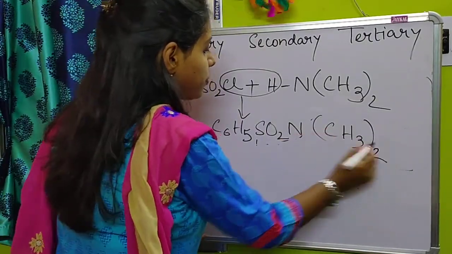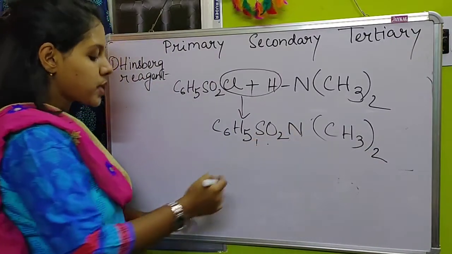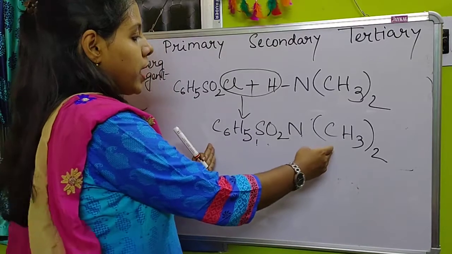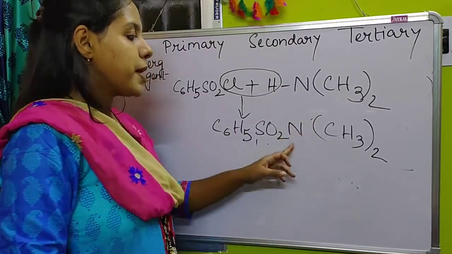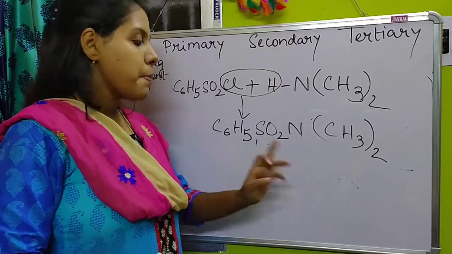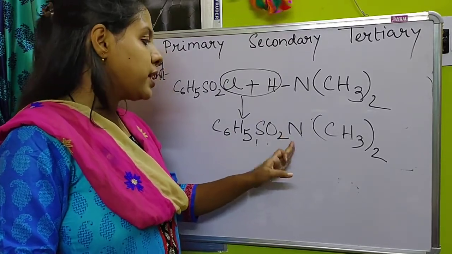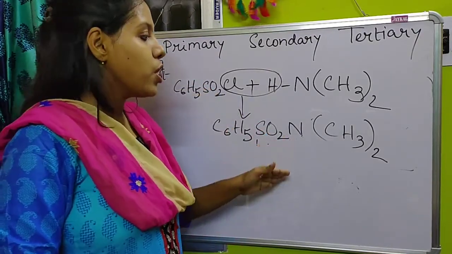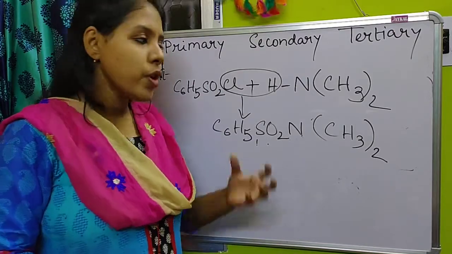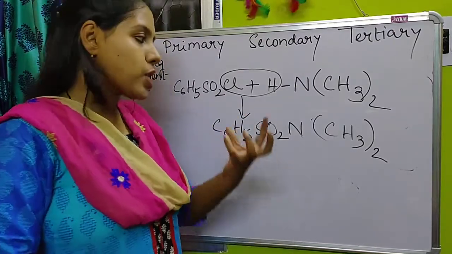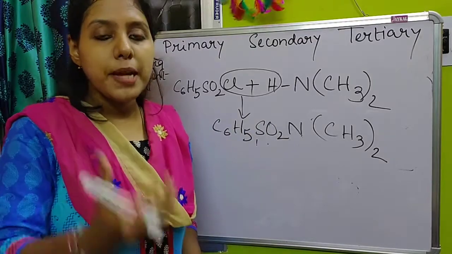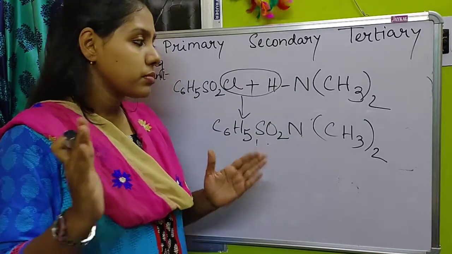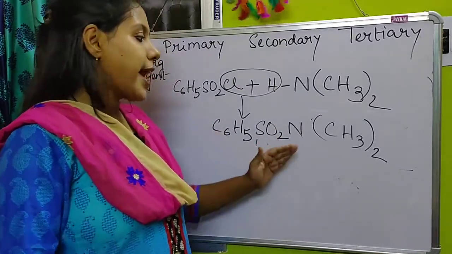But here just observe that there is no hydrogen attached directly to the nitrogen in the second step. In this product, no hydrogen is present with the nitrogen, and for this reason this compound will not react with alkaline solution and will not get dissolved in the alkaline solution. So we will get a precipitate here. So the solution where we finally get a precipitate is the secondary amine, and the solution which will be clear after the second step is the primary amine.